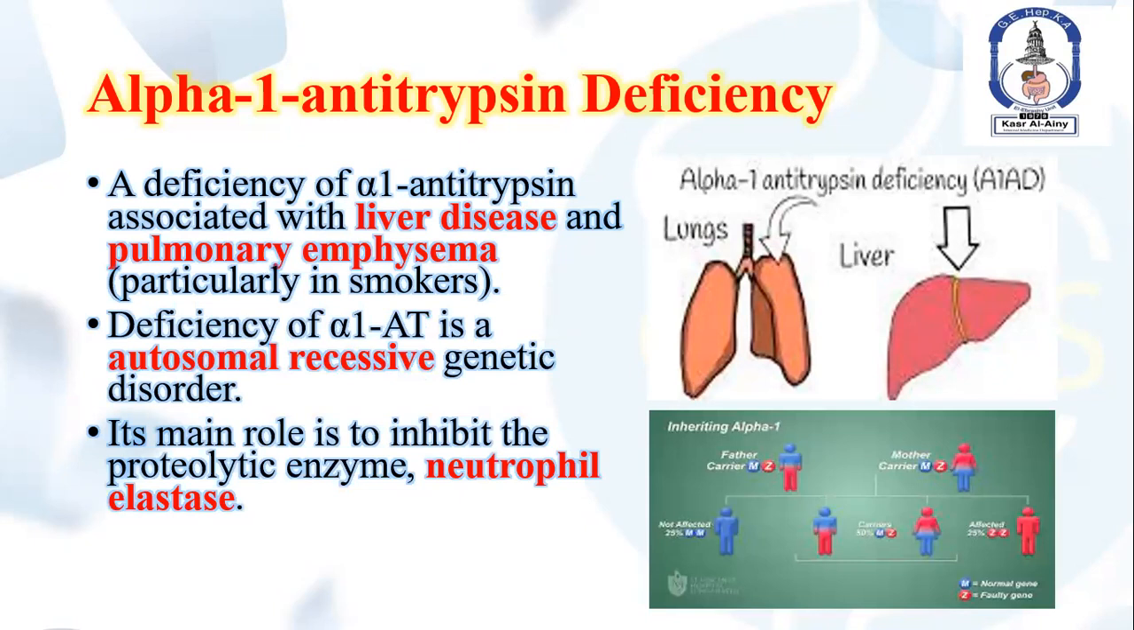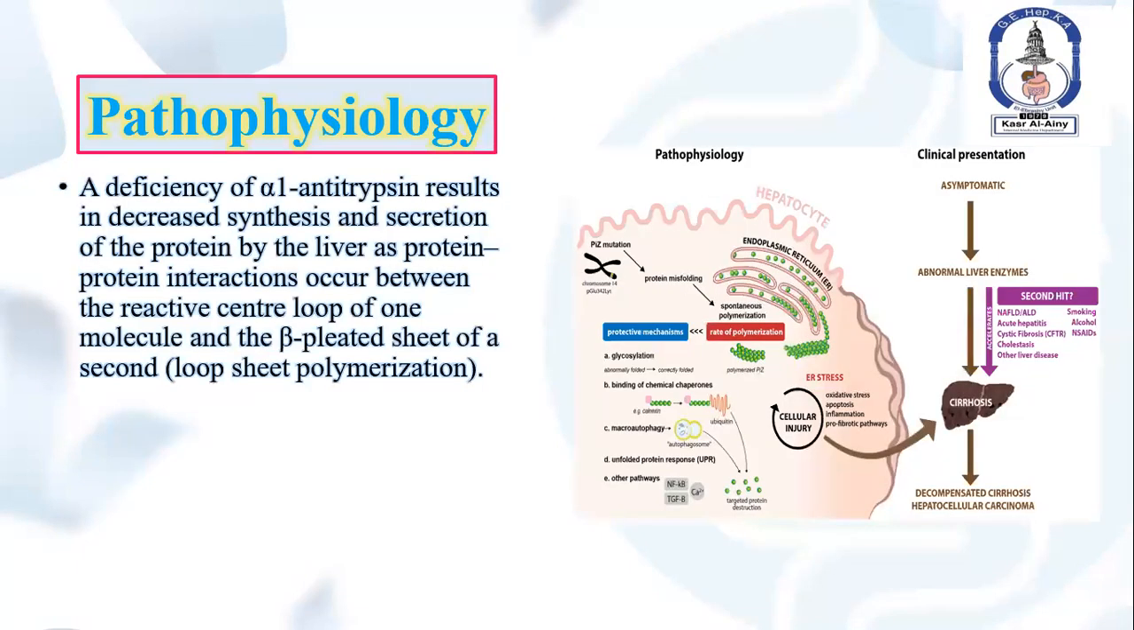The main role of alpha-1 antitrypsin is to inhibit the proteolytic enzyme neutrophil elastase. So when this does not get inhibited, it will lead to accumulation of proteins, and protein-protein interaction occurring between the reactive central loop of one molecule and the beta-pleated sheet of the second molecule, which leads to loop-sheet polymerization. Exactly how this causes liver damage is not very certain, and there is a